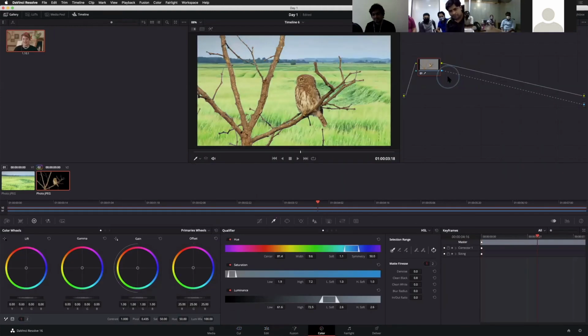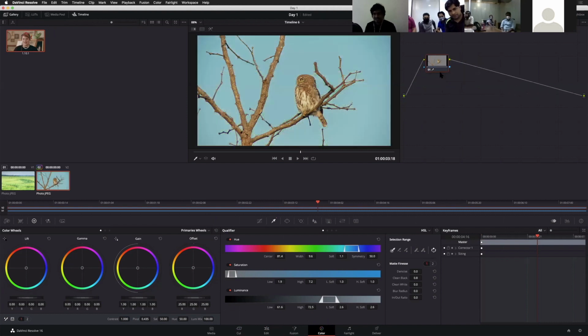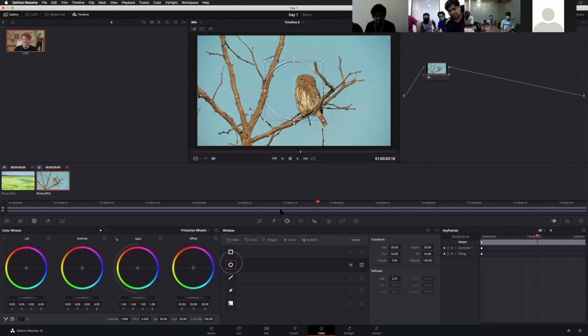So are you getting this from the color page? No? Yes. Let me explain it in a different way. Reset everything. Instead, I'm using a power window, right? Can you see the masking here?